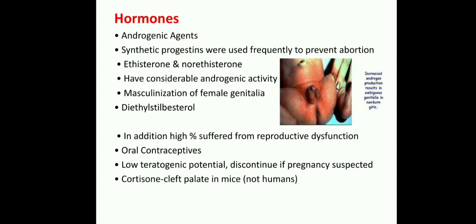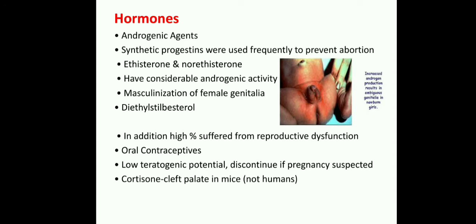Look at the female genitalia: in between, where the clitoris is, how does it look? It looks like a penis, but that baby is a female child. That baby is not a male child. Because of increased androgen effects, hormone effects, the baby may be delivered with masculinization of the female genitalia, meaning ambiguous genitalia.